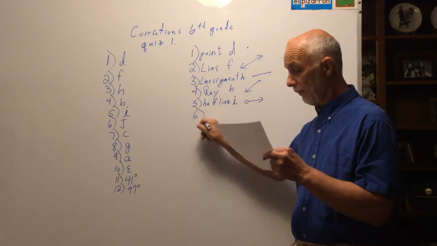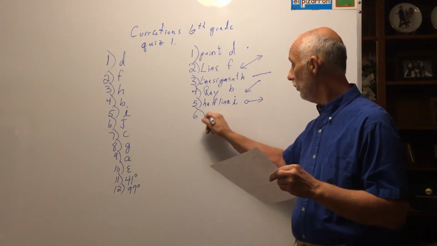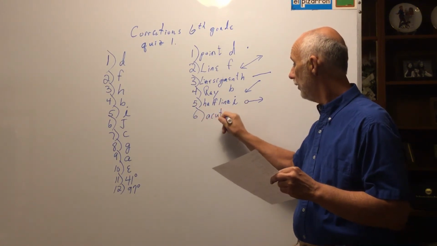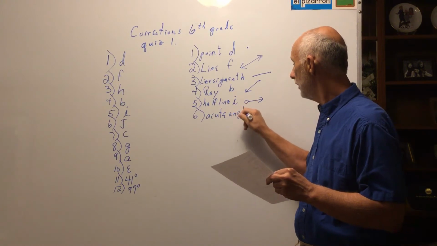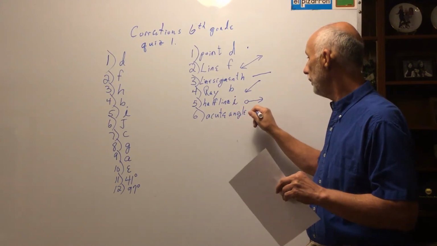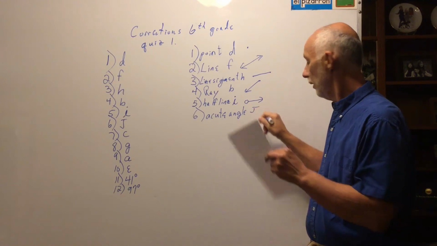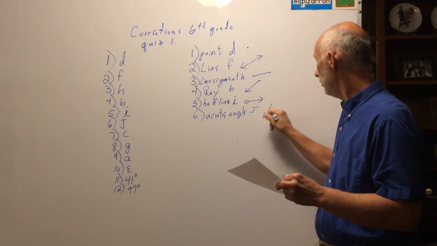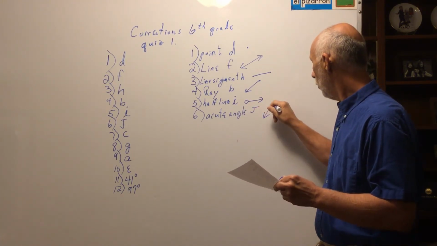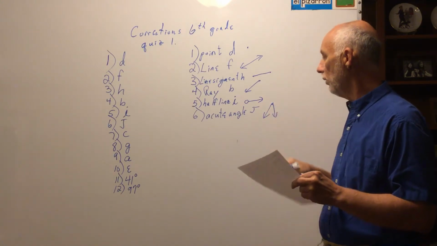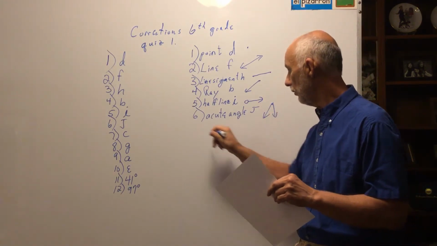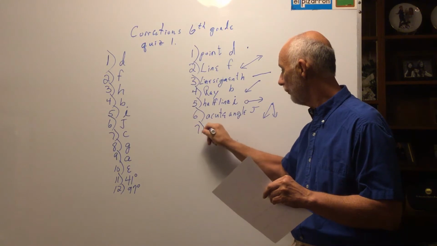Number 6 would be acute angle. And the acute angle would be the angle less than 90 degrees, and that would be J. And again, it looks like this, and it opens up less, it's the small angle that opens up less than 90 degrees. Number 7 was the obtuse angle,